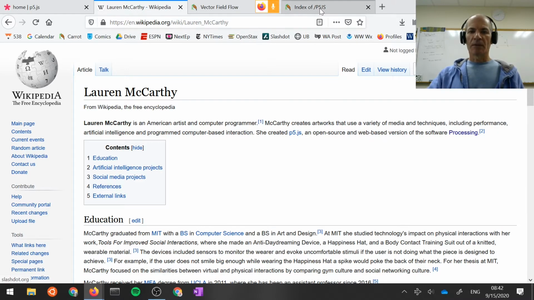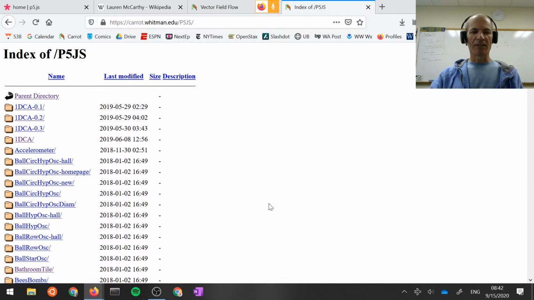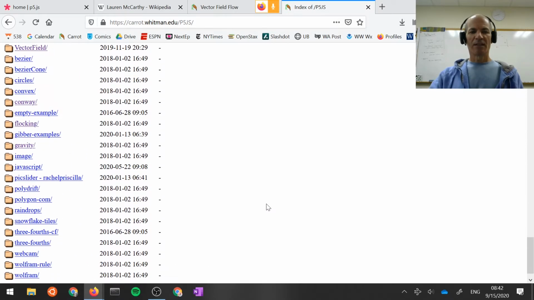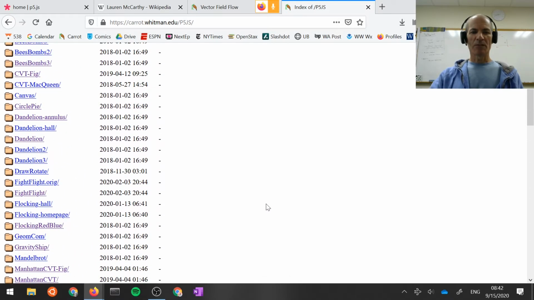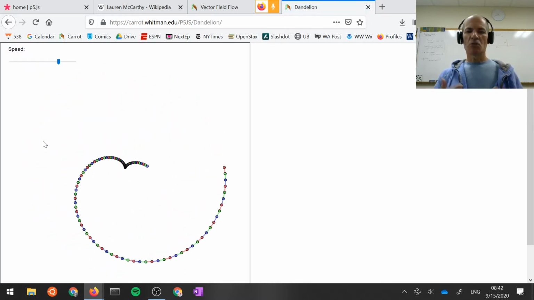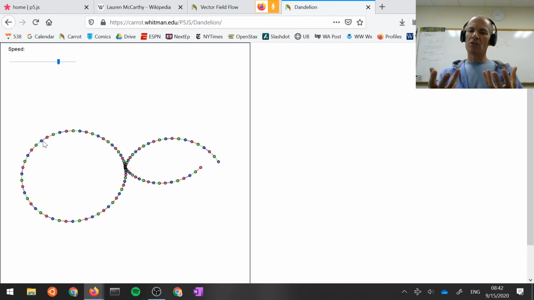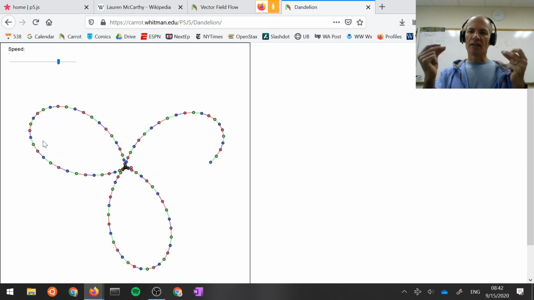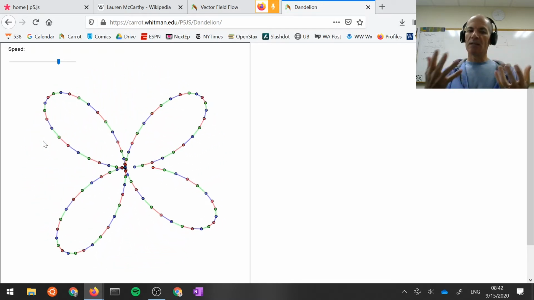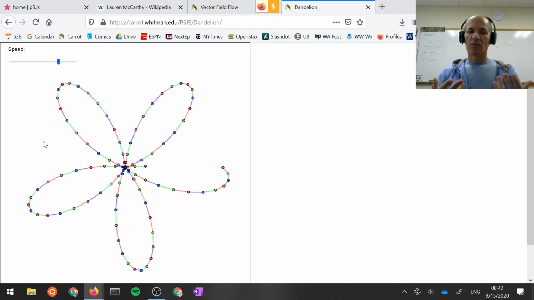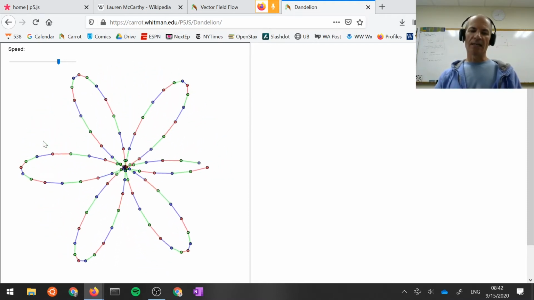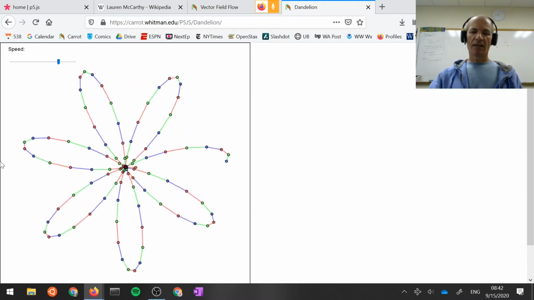For example, you can come into my studio here. This is just a big pile of P5JS programs that I've worked on over the years. I am really into writing visualizations where I set up an initial set of conditions and then I turn on the clock and I see what happens. This one is something that I call the Dandelion, and if you stare at it really closely,